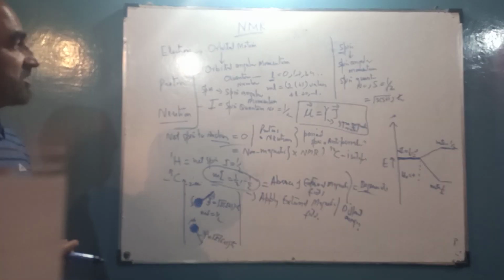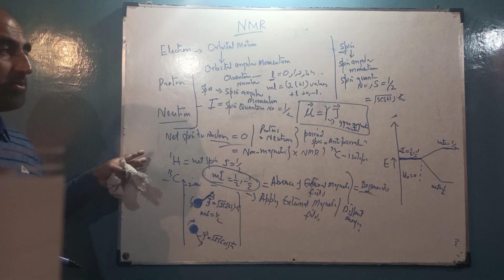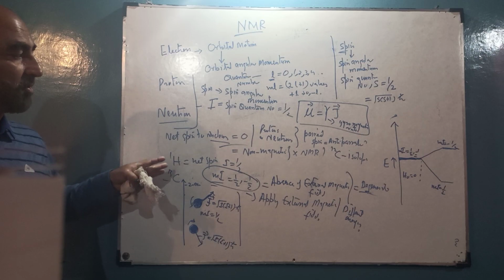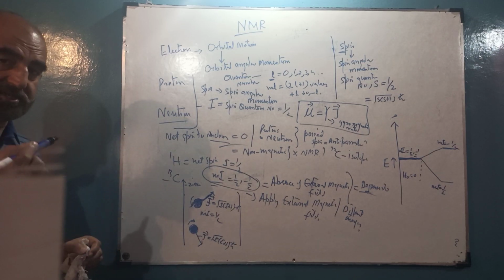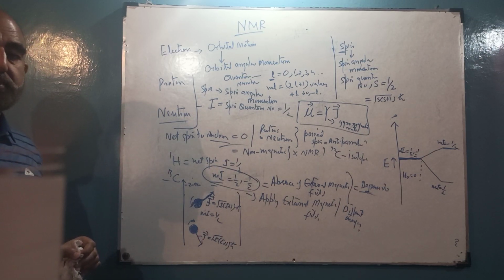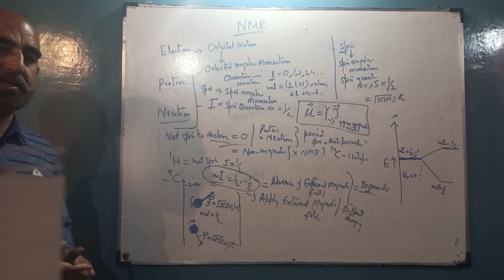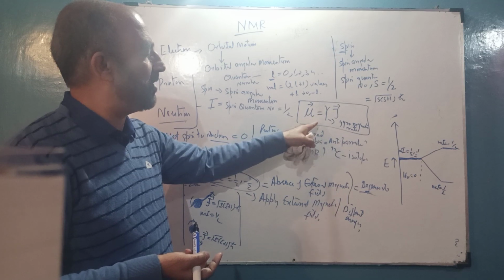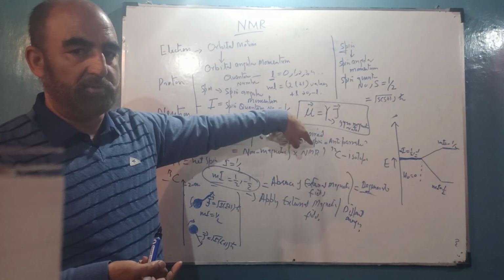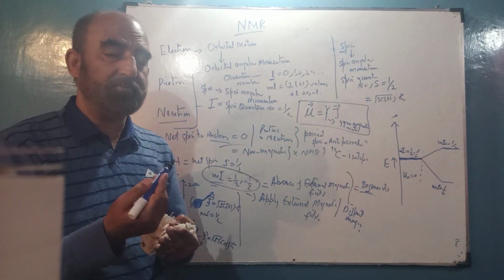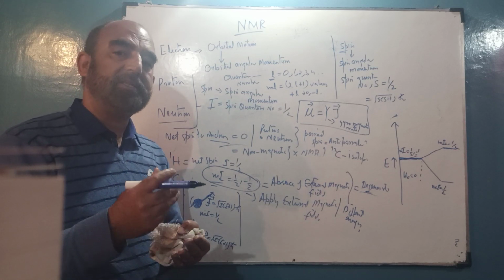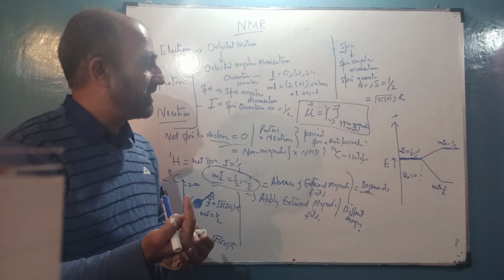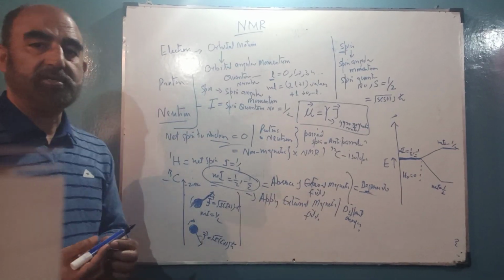That is the importance of angular momentum, because it gives the direction of the angular momentum vector. It is quantized and can have only certain values, and the magnetic moment produced is also proportional to angular momentum. If we define the gyromagnetic ratio, it is the ratio of magnetic moment to angular momentum. That means how much magnetic moment is produced depends on the value of angular momentum, so it is proportional to the angular momentum. So this was about the angular momentum concept.